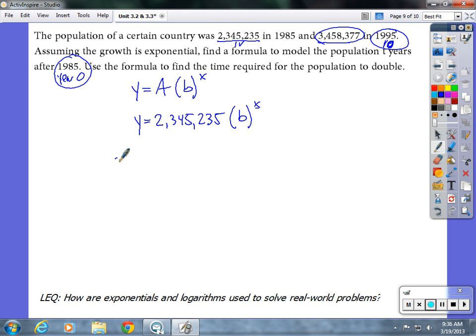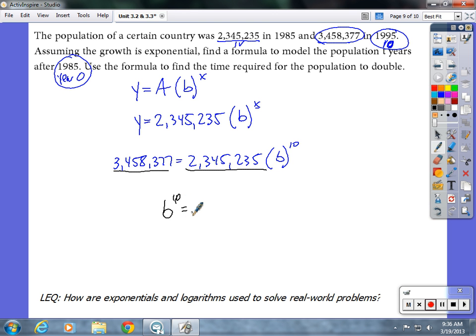So we have 3,458,377 equals 2,345,235 times b to the 10th. So we divide both sides by 2.345 million or so, and we're going to take the 10th root. So b to the 10th ends up equaling